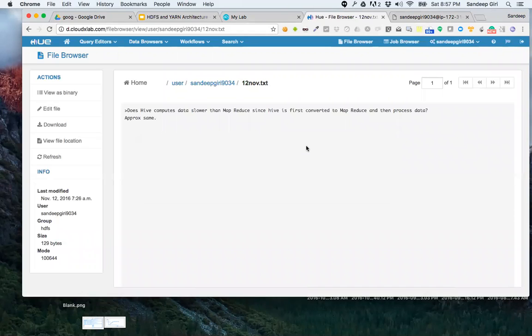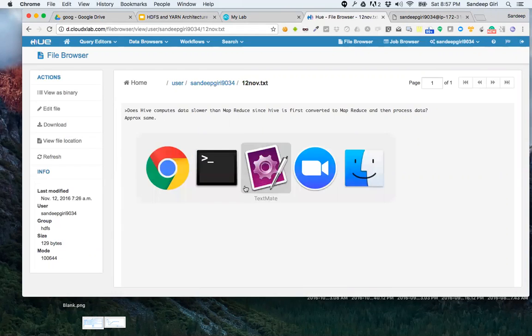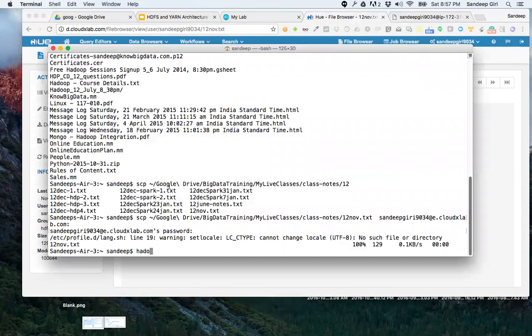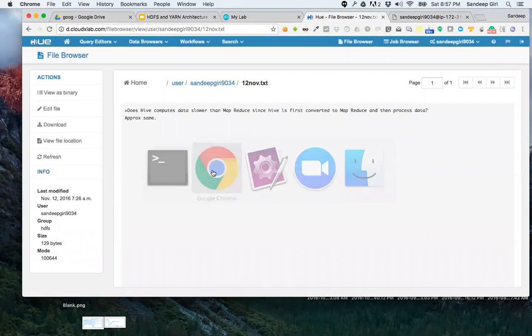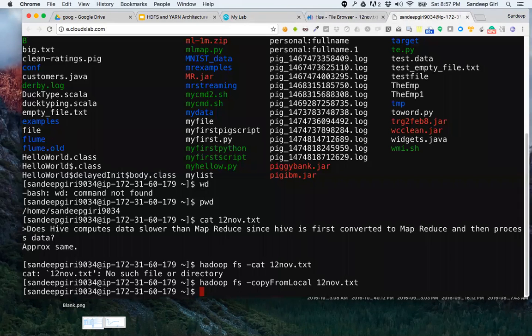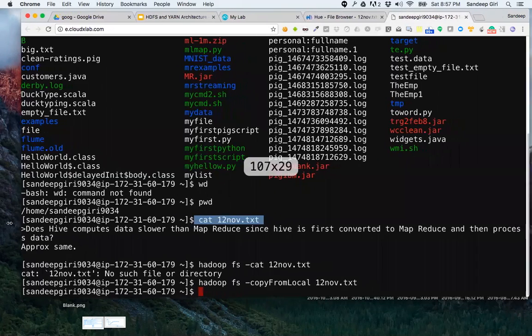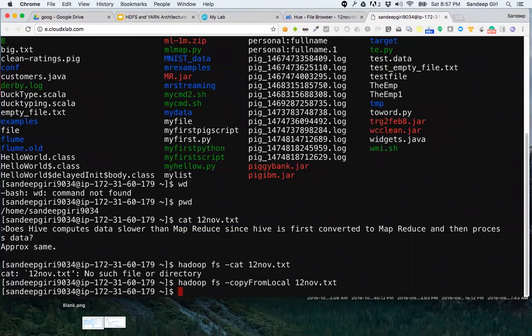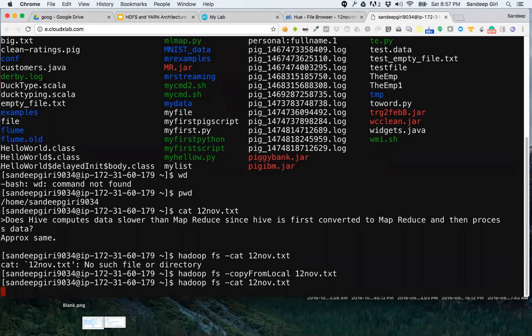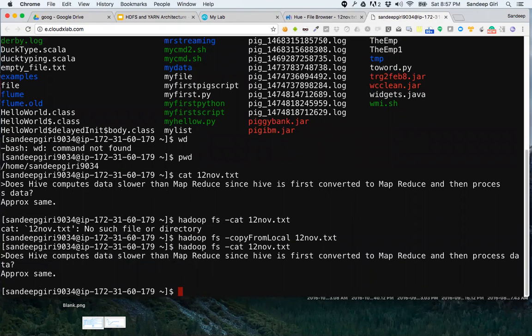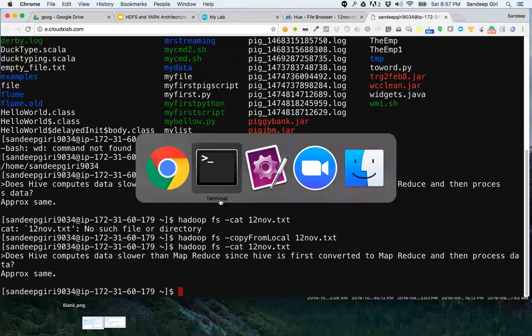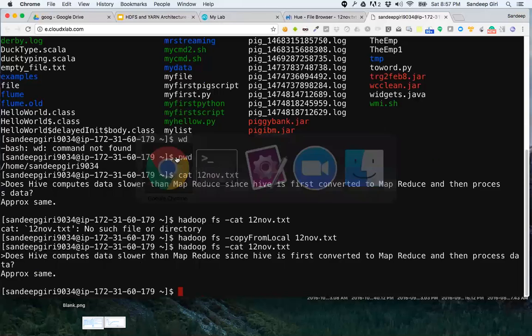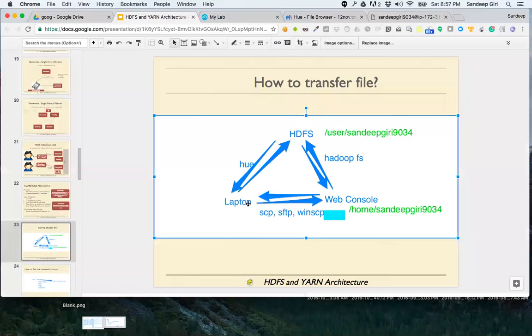All right. Yes, that's right, Karthik. That's what I did earlier. If you see, what I did was in the web console, I did cat here, right? That's why it has printed this data, whatever questions we had, right? This is what it has printed. Now, if I say previous command, then it should give us the output. All right, everybody with me? So we basically followed this kind of diagram.